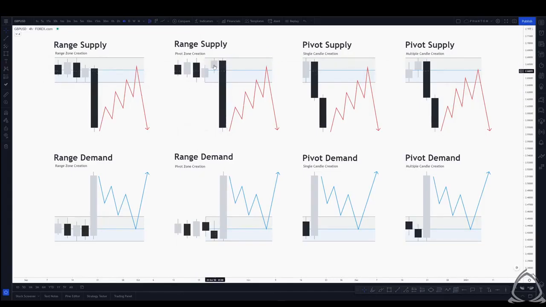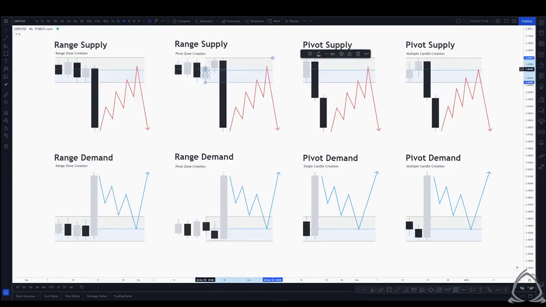We can draw our supply zone using these two bullish candles before the large move to the downside, and that would build up our supply zone. And what we can see, if we just very quickly move this over, from a drawing perspective, the zone has not changed in size. It just becomes a little bit more specific to the up moves that see this large